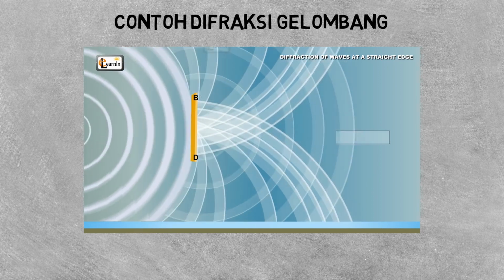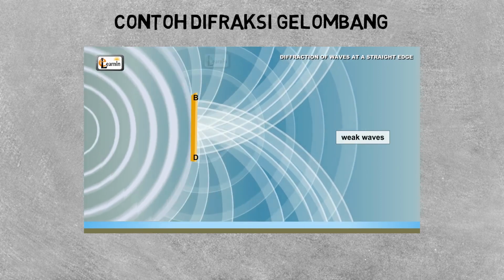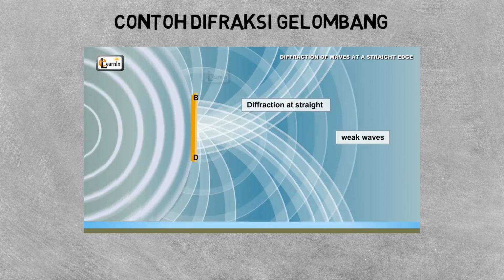But sometimes, there are some weak waves which spread out into the lower region. This bending is called diffraction at